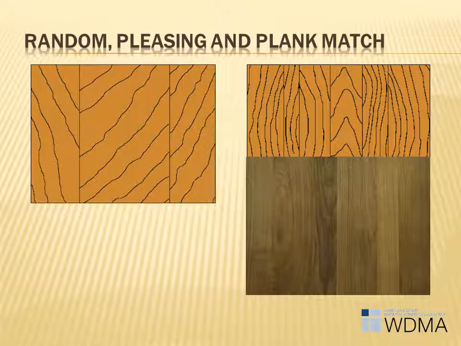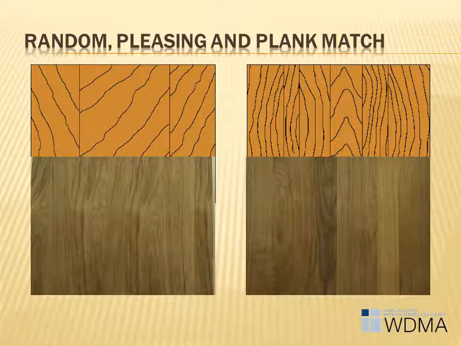Pleasing match is a face containing veneer pieces from one or more logs, which provide a pleasing overall appearance. The grain of the various pieces need not be matched at the joints. However, sharp color contrast at the joints of the pieces is not permitted. Since veneers are matched by color similarity and not necessarily grain, an effect between book, slip, and random match is